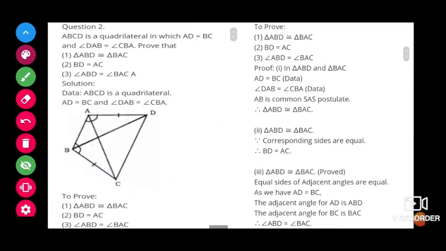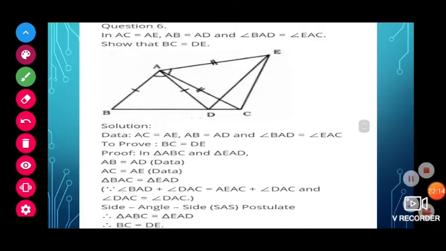I hope you understood, or else please repeat the video again and again. You will show congruency once. Once you show the congruency, by using that congruency only, for whatever remaining parts they ask, children, you need not show anything. Just write the statement for whatever they ask: yes, these both are equal because of the corresponding parts of congruent triangles. That's it. Okay. Next one.